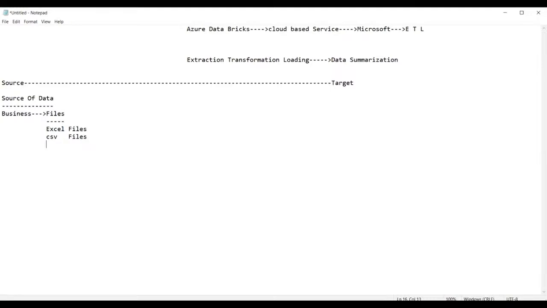And you have JSON files. JSON stands for JavaScript Object Notation files. And then afterwards, you have Excel files, CSV files, comma separated value files, JSON files, and you have the Parquet files.